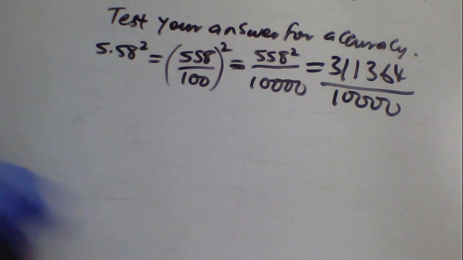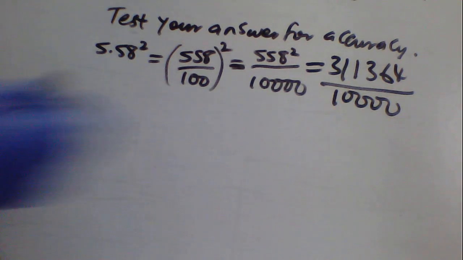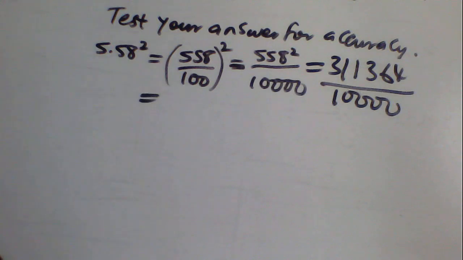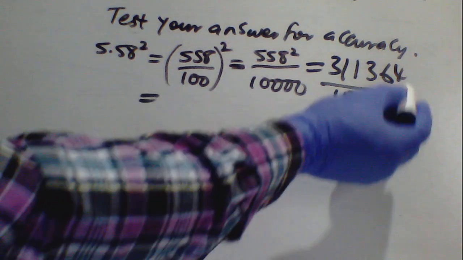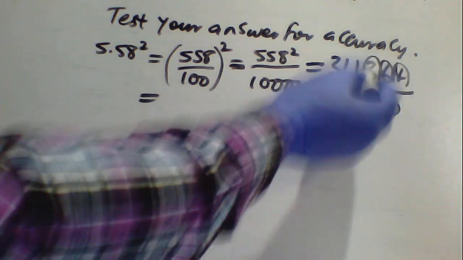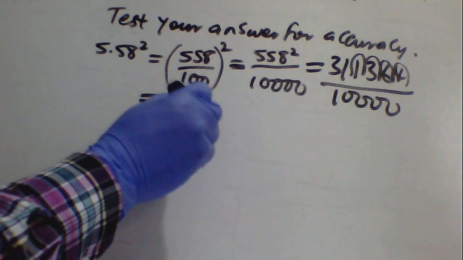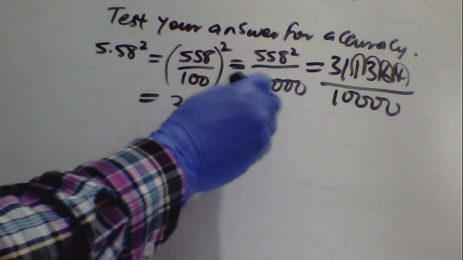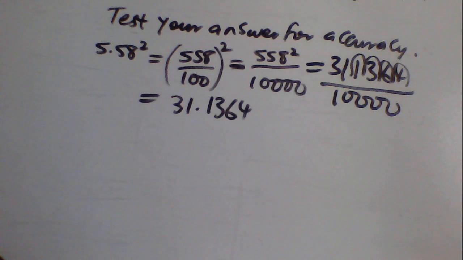So what is the next thing? You have to return your answer to decimal form. It is in the fraction form. So return your answer to decimal form. Here we have what? Moving how many digits? 1, 2, 3, 4. We have 31.1364. So you see your answer is